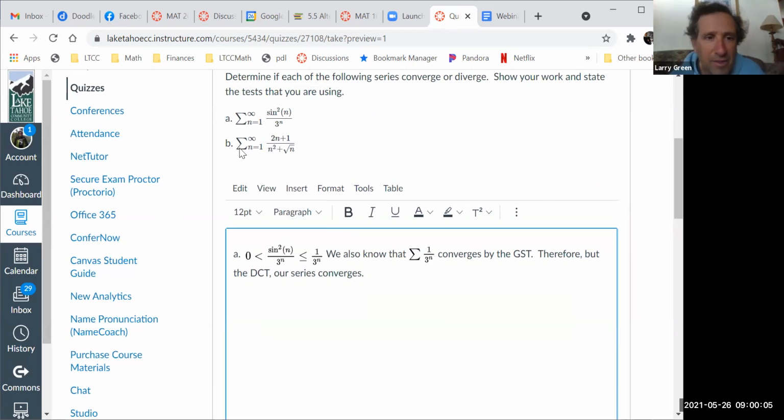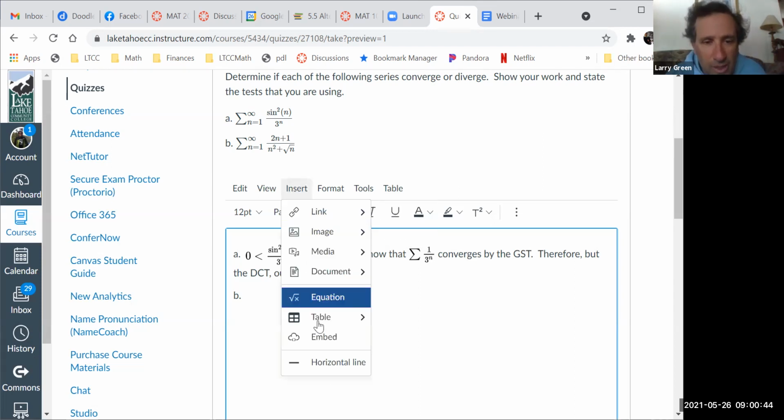For part B, we have the summation n equals 1 to infinity of 2n plus 1 over n squared plus root n. That's a complete mess. But what does it kind of look like? Yeah. If you look at the dominant term, it's basically n over n squared, or if you want 2n over 2n squared, but n over n squared. And n over n squared is 1 over n. So for B, okay, we're going to look at the summation of 1 over n. Now, hopefully you all know